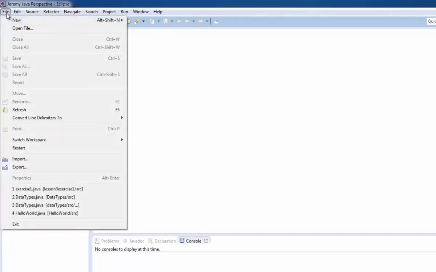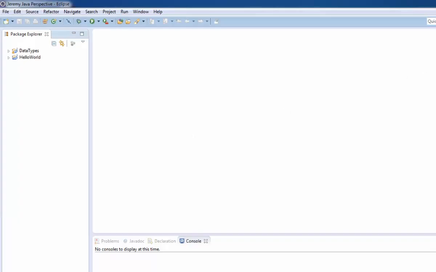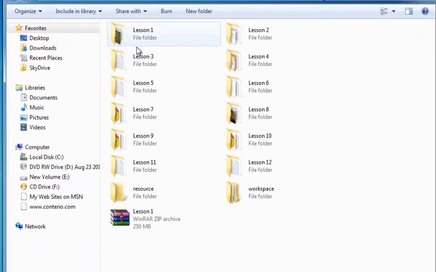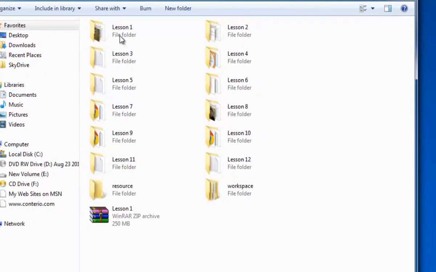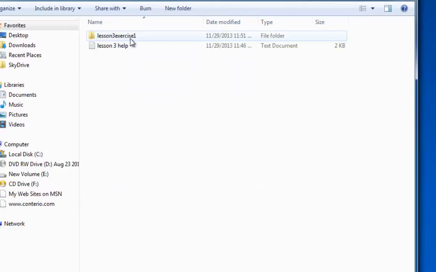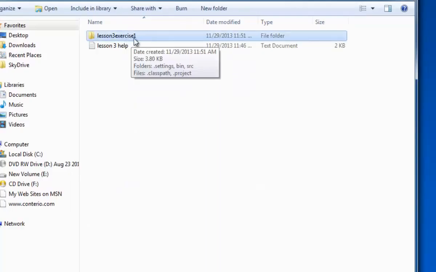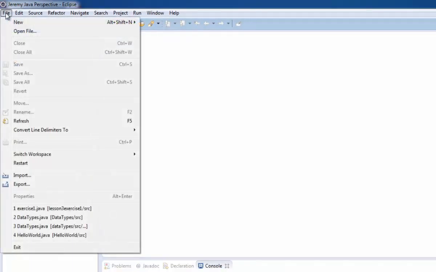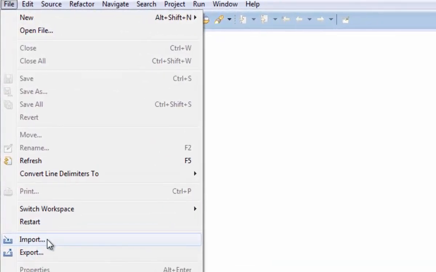Once you have your Workspace selected and your Eclipse opened up, go to File. Actually, I don't want you to do that quite yet. Let's go back. Locate your folder with your Java course, and we're in Lesson 3, so open up this lesson. In this lesson, there's an exercise folder called Lesson 3 Exercise 1 that you're going to want to be able to find. So go back into your Eclipse. You're going to go to File, Import,